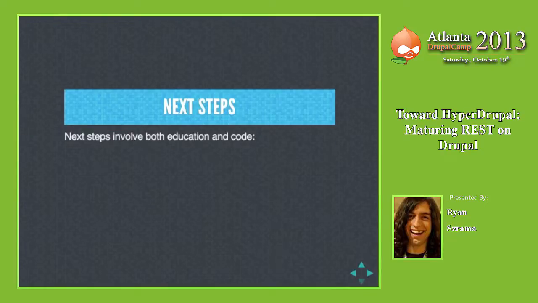Same thing with REST. There are steps that we need to take to mature REST on Drupal, but it's not bad to call what we have REST, and it's not bad to use the services module and all this stuff. But we can do more, and if we do more, we can become the go-to web framework for building REST APIs. Right now, the two cool kids on the block are probably Ruby on Rails and Node.js for building REST APIs. What if Drupal could supplant them?